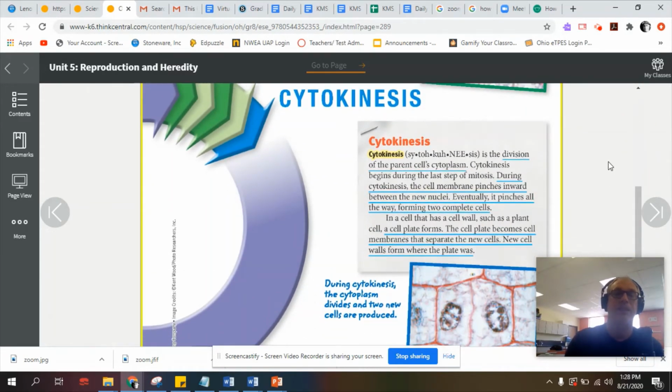Let's look at cytokinesis. Cytokinesis is the division of the parent cell's cytoplasm. Cytokinesis begins during the last step of mitosis. During cytokinesis, the cell membrane pinches inward between the two nuclei. Eventually, it pinches all the way, forming two complete cells. In a cell that has a cell wall, such as a plant cell, a cell plate forms. The cell plate becomes cell membranes that separate the new cells, and the new cell walls form where the plate